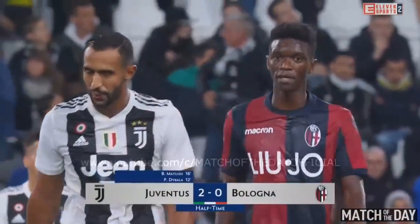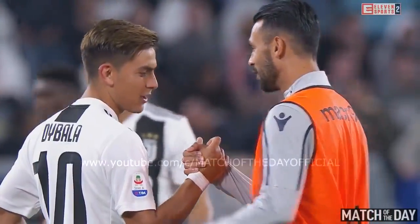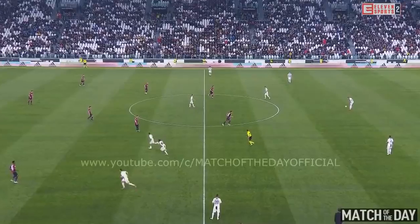Another break, it's Juventus 2, Bologna 0. Bernardeschi would perhaps be the two attacking options to rest the likes of maybe Dybala or Ronaldo or Cuadrado or Cancelo. We get the second half underway